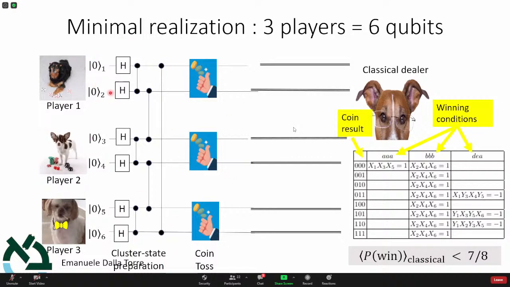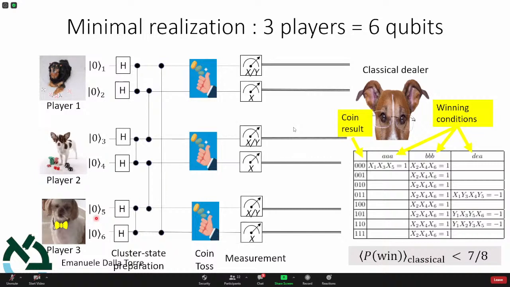So you see, I have prepared all these qubits. All the qubits of the players, I have prepared them in a particular state. Actually, this state is called the cluster state. We'll come back to this specific state in a moment. It's called the cluster state, and the idea is that you have an entangled state of all the players. Next, you do a measurement, and here comes the fundamental part.